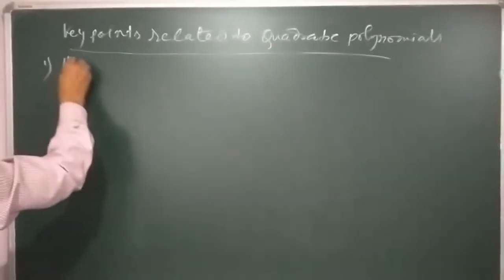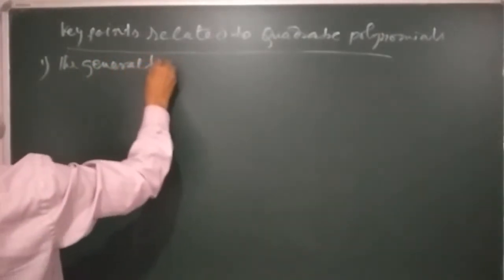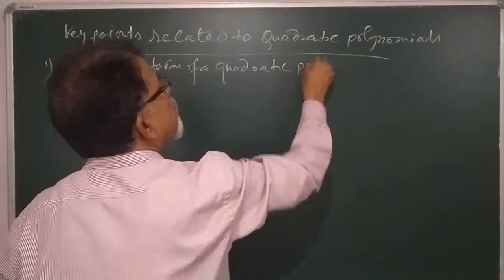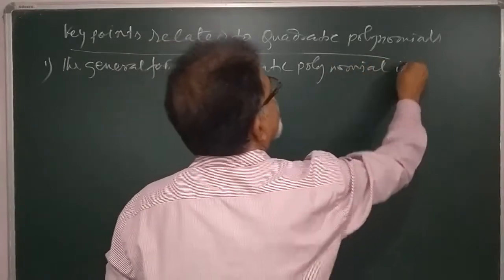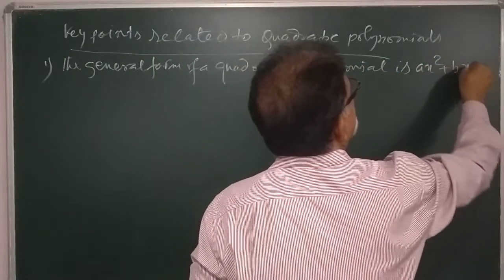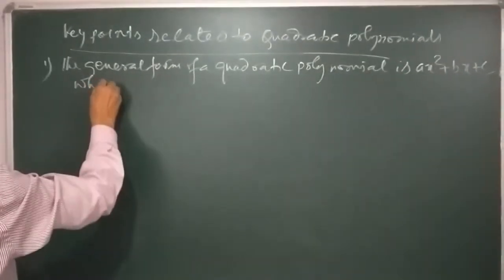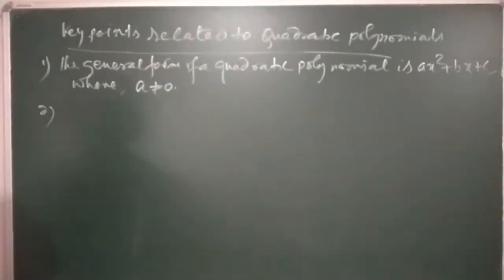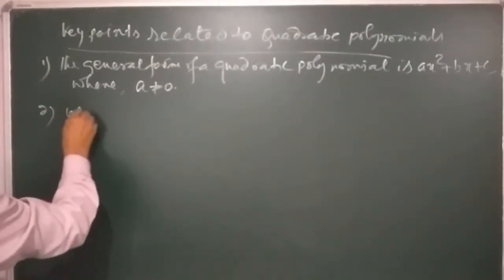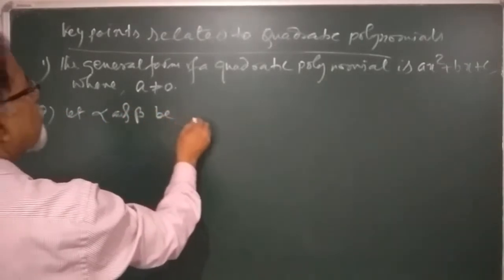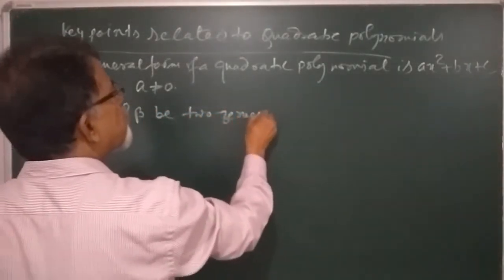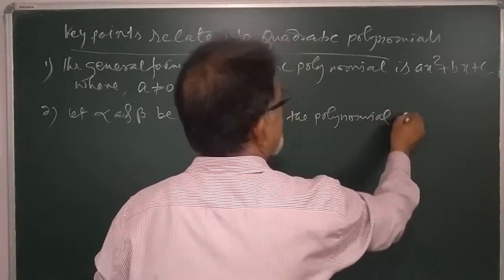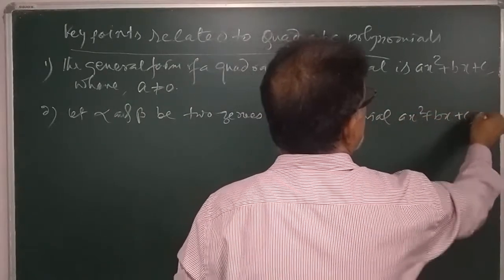Number 1, the general form of a quadratic polynomial is ax square plus bx plus c, where a is not equal to 0. Number 2, if alpha and beta are the two zeros of the polynomial ax square plus bx plus c, where a is not equal to 0,